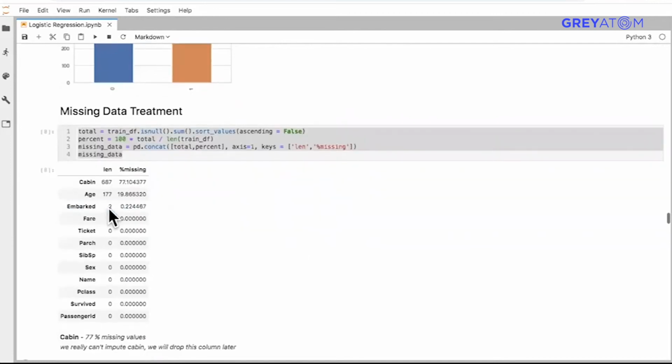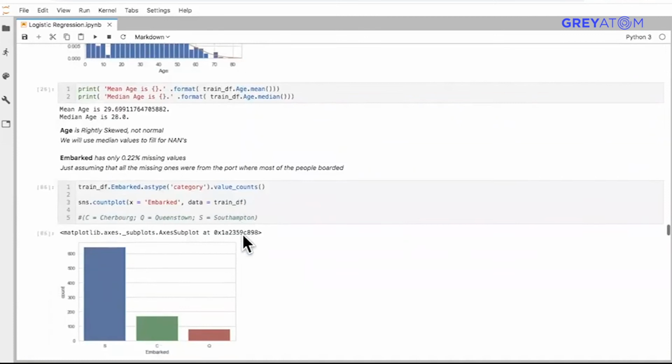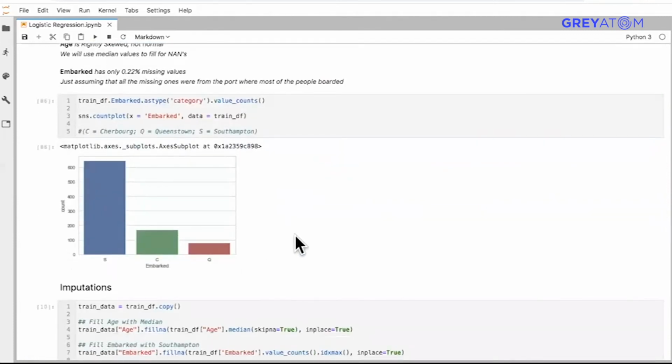some embarked missing. So two observations don't have embarked. Let's see where most of the people embarked. Most of the people here embarked in Southampton. So I'm just going to impute these two missing points with Southampton because that makes sense, because most of the people